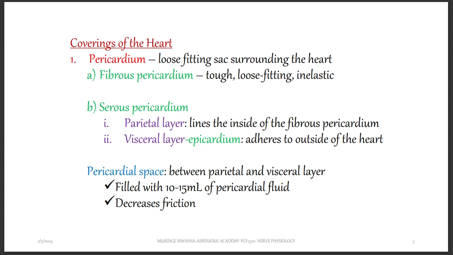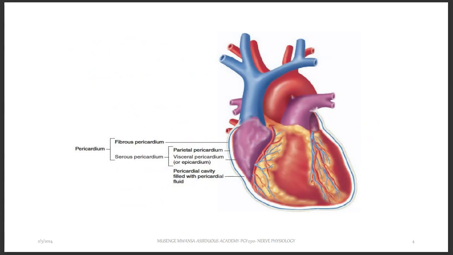And then between the layers, you also have the pericardial sac. So that is between the parietal layer and the visceral layer. So you can see here is the pericardium having the fibrous layer and the serous layer. The serous layer is the one that you are able to see here, and is going to also have two layers. You can also see, starting with fibrous, this one which is outside, and then the